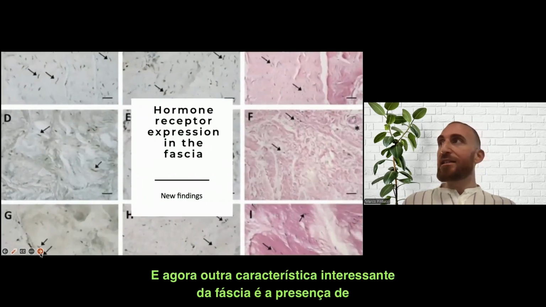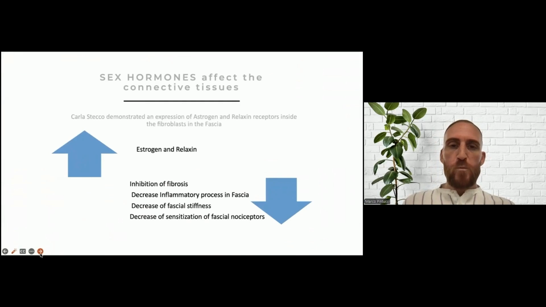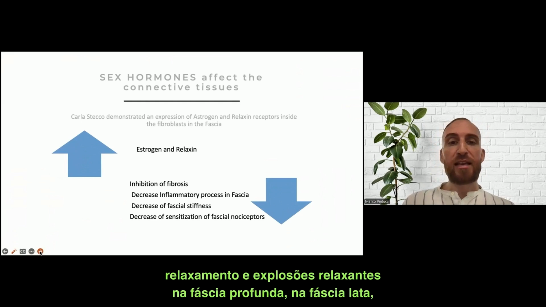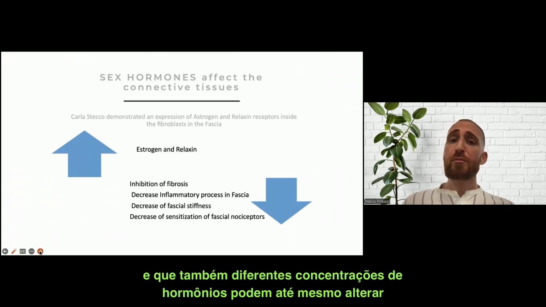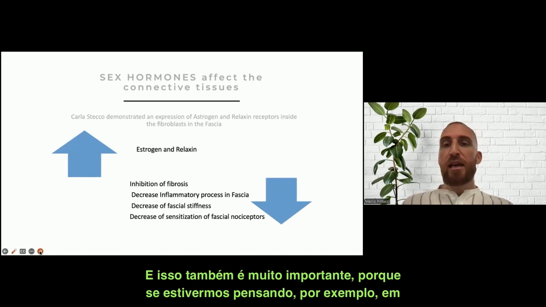And now another interesting feature of the fascia is the presence of hormone receptors. A study that we published in 2016 showed the presence of receptors for relaxin and for estrogens in the deep fascia, in the fascia lata, and that different concentrations of hormones can even change the fibrous component of the fascia. And this also is very important because if we're thinking, for example, of a condition